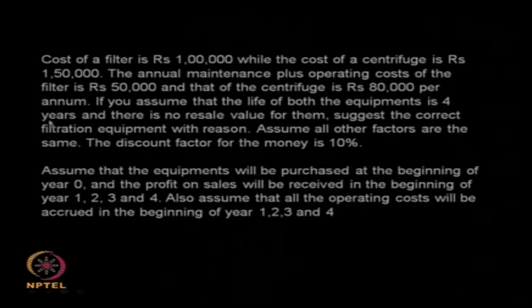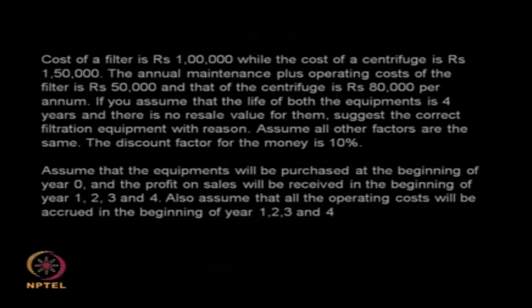Assume both the equipments last for 4 years, there is no resale value. I have just simplified the problem, I have said there is no resale value, that means after 4 years the filter and centrifuge do not give you any money, they have to be thrown out. So suggest the correct equipment. So we will assume a discount factor as 10%, so we can take it as 0.1. Okay. So what happens? So in the 0th year I buy the centrifuge or the filter. So after the 0th year, 1st year, 2nd year, 3rd year, 4th year, I will make a profit